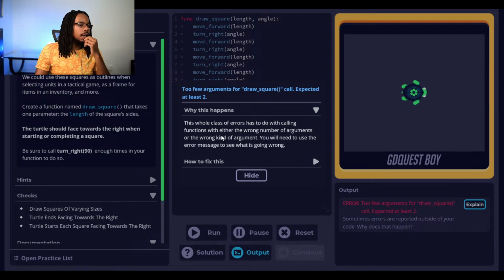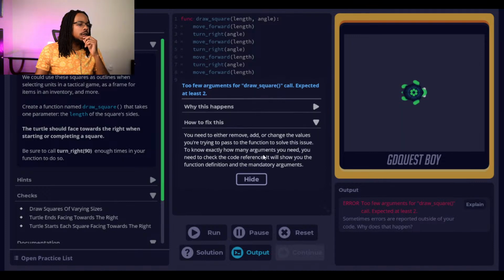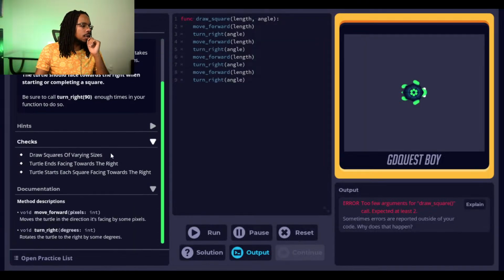The whole class of errors has to do with calling a function with either the wrong number of arguments or the wrong kind of arguments. You need to use the error message to see what's going wrong. How to fix this? You need to either remove, add, or change the values you're trying to pass to the function to solve this issue. To know exactly how many arguments you need, check the code reference. It will show you the function definition and the mandatory arguments. So over here,